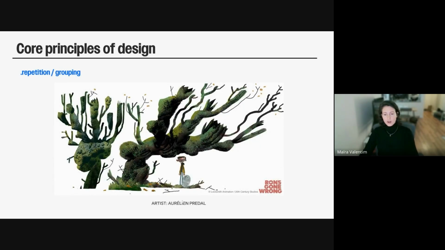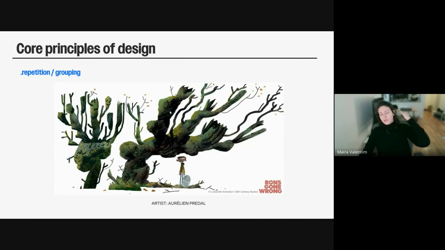So here again, this artist Aurelian, I love his work. And with this repetition, as you can see, he's using the same shapes all over, same shapes like those guys, they're all over the place. And it just makes sense, you know. You look at this, I never saw a tree like that, but it just makes sense. I think it would exist in this world, this tree. So this repetition is really good to use